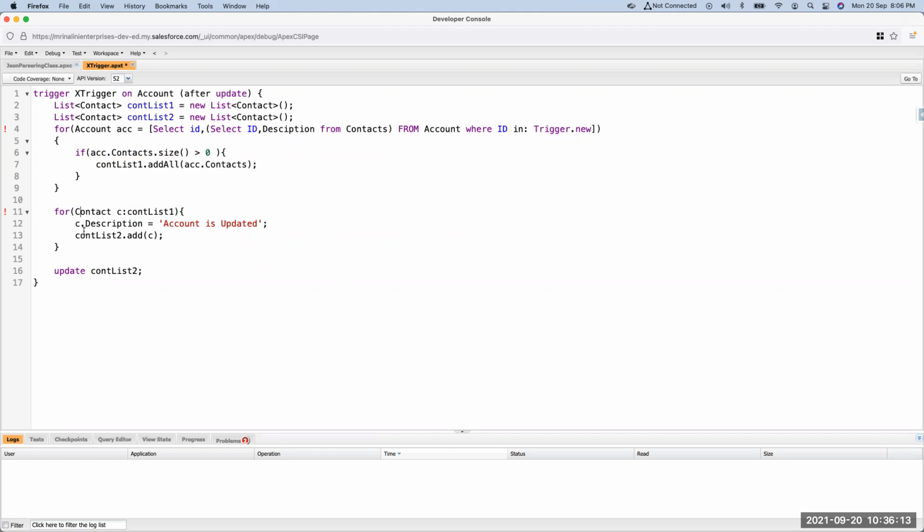And for each contact, we are setting a description as account is updated. And we are adding this to contact list 2. And finally, once this is done, all the contacts are in contact list 2, and finally we'll update this. So we are trying to save this trigger.